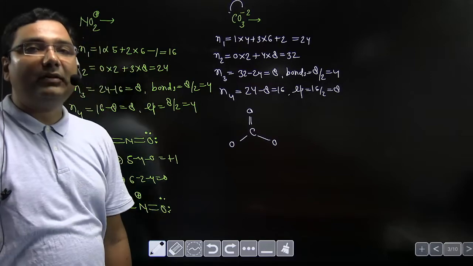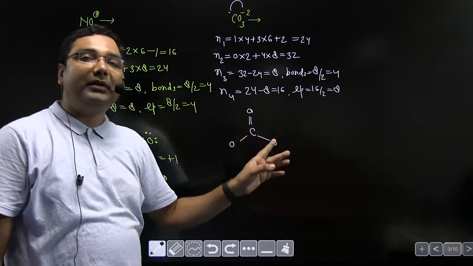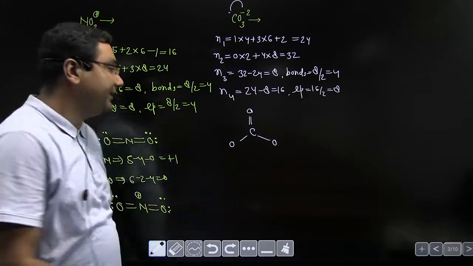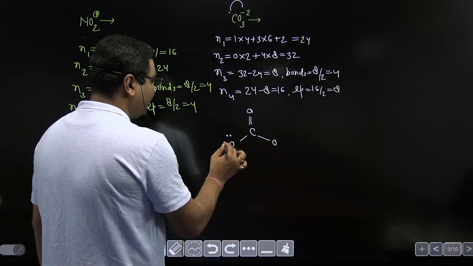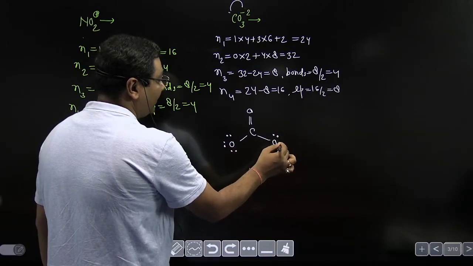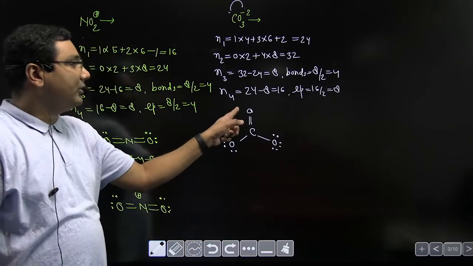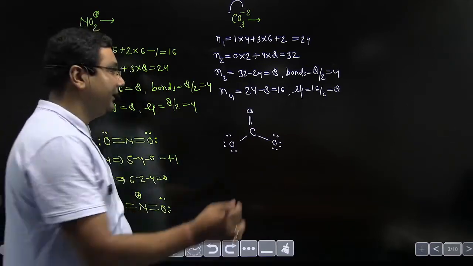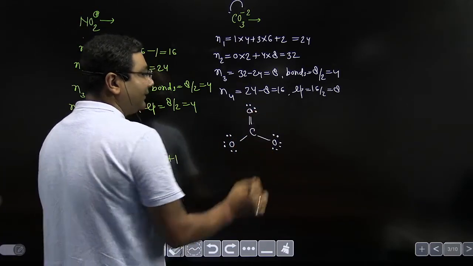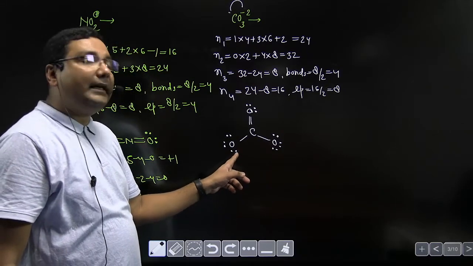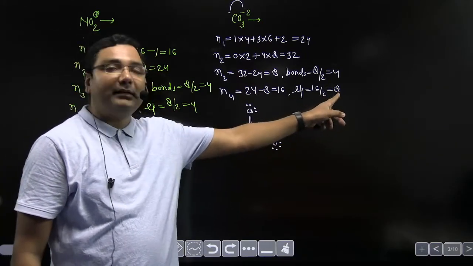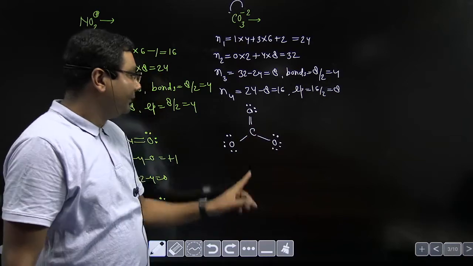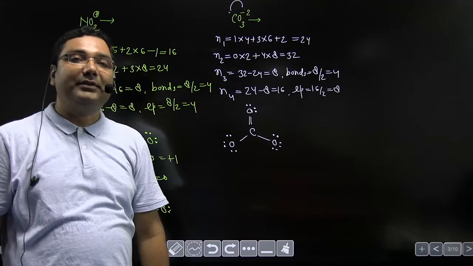Now we have to complete the octet of every atom. You can see carbon contains 4 bonds, it means 8 electrons. This oxygen contains a single bond, means 2 electrons, so 6 more electrons are required, which means 3 lone pairs on this single bonded oxygen. This oxygen contains a double bond, means 4 electrons, so 4 more electrons are required to complete the octet. So we have to use 2 lone pairs. We have used a total of 8 lone pairs, 3, 3, 6 and 2, 8. But this is CO3 and we have to draw the structure of CO3 minus 2.